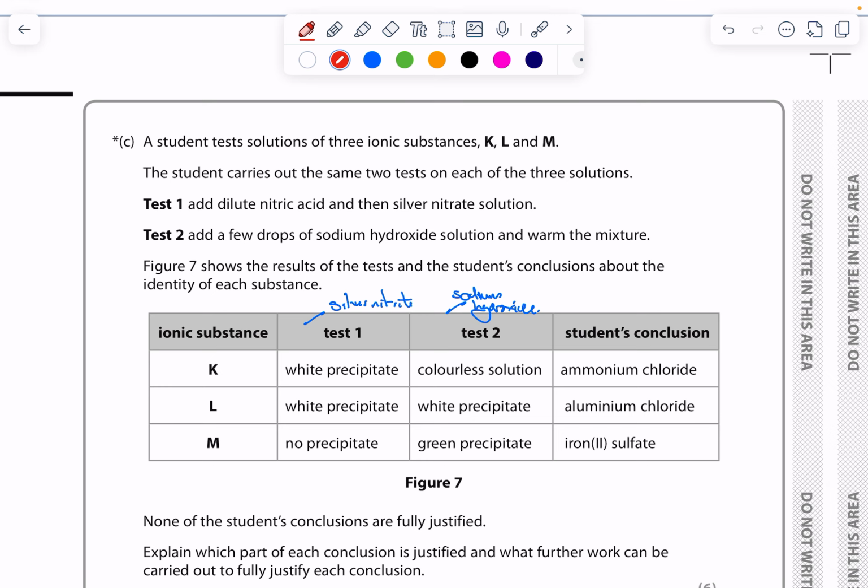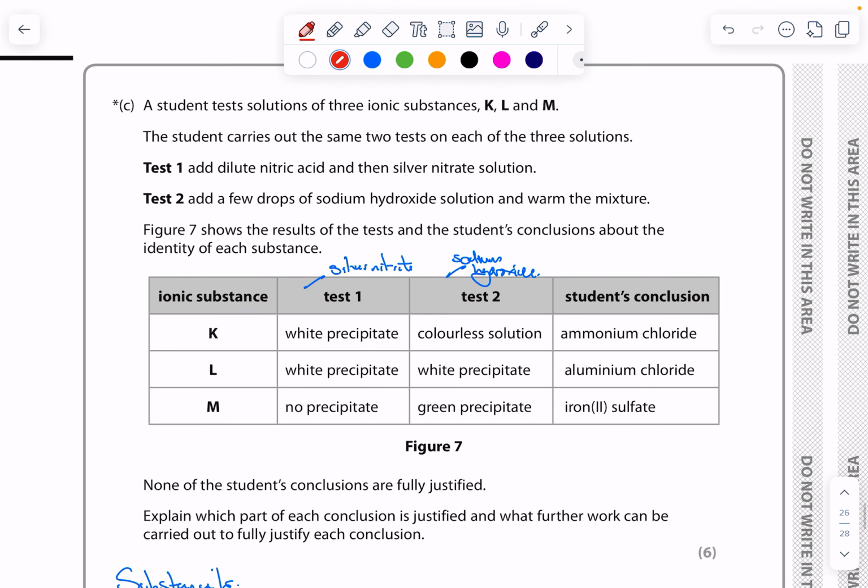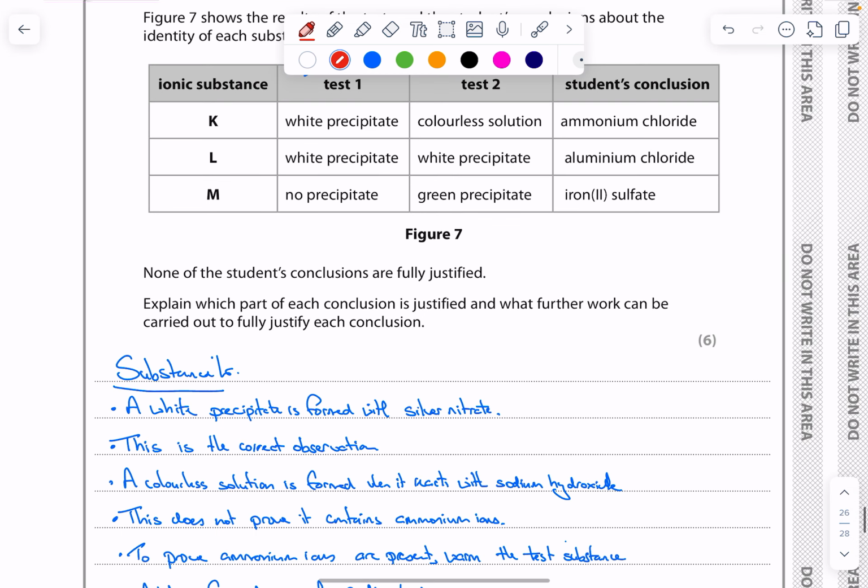Okay, last little bit. What we have to do here, again, a lot of information, so please take time to read it. And again, this question is not straightforward in that they want you to say that none of the conclusions are fully justified. So explain the points that are justified, and then what further work would be needed to justify the conclusion. So if you have a look at substance K